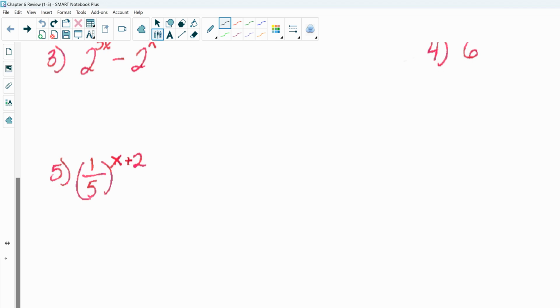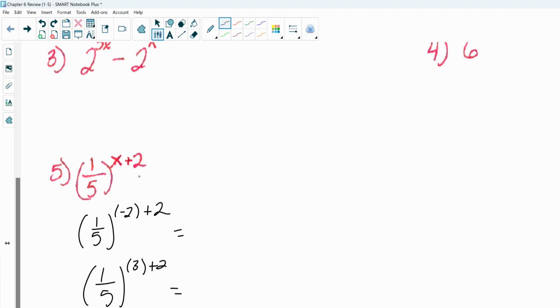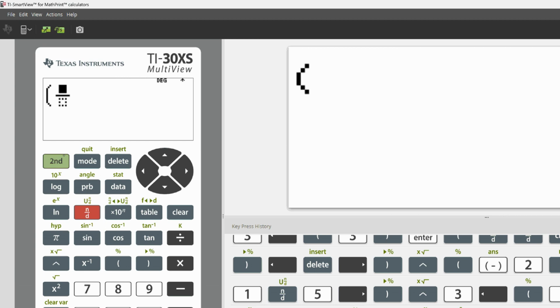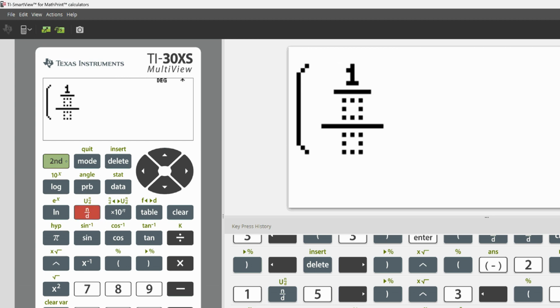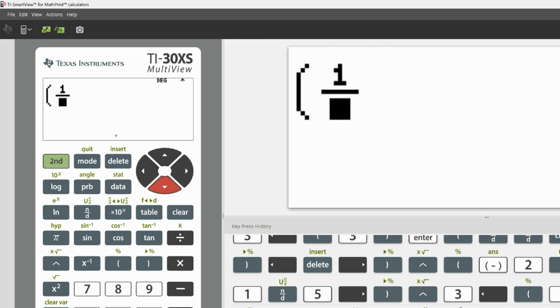1/5 to the x plus 2. So the first one we're going to do is 1/5 to the negative 2 plus 2. And then we're going to do 1/5 to the 3 plus 2. And we're going to evaluate both of these here. And I would just use the 30xs to do these. Don't need that extra. So 1/5